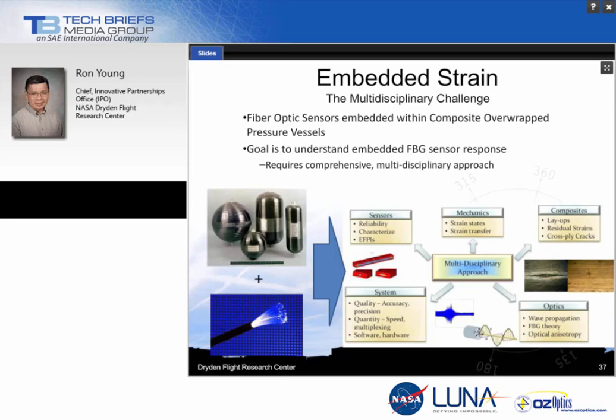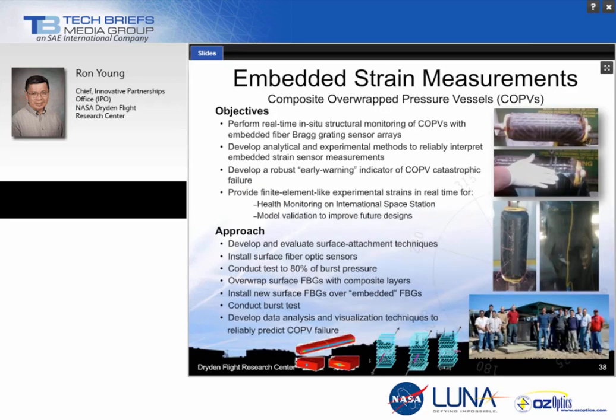So it is a challenge. You can't just blindly install these inside a composite and hope that you're going to get valid measurements right off the bat. So what we did was embed these fibers in several composites at this point,